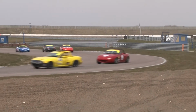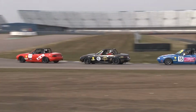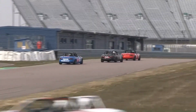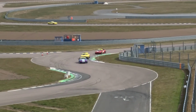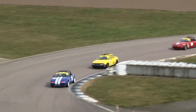But at the front is Simon Baldwin. Simon Baldwin has made the leap to the front. An unfortunate pole sitter, Dan O'Connor, all the way down now in fourth position, and he will not be happy with that at all. Showing absolutely no respect from these guys early on at the start. But it's MX-5 racing, it's always going to be close, and Baldwin leads as they come out of the chicane